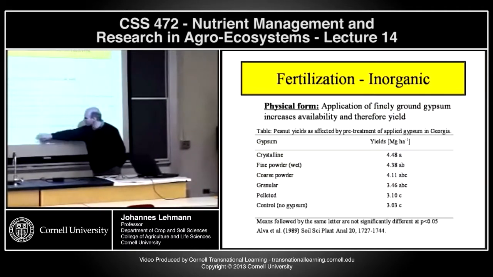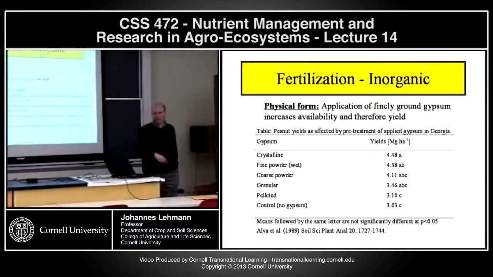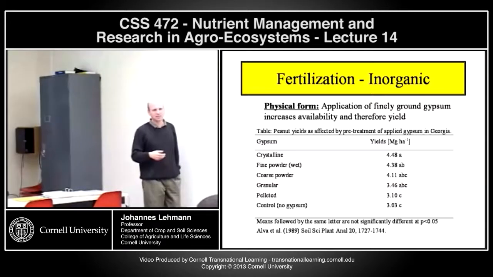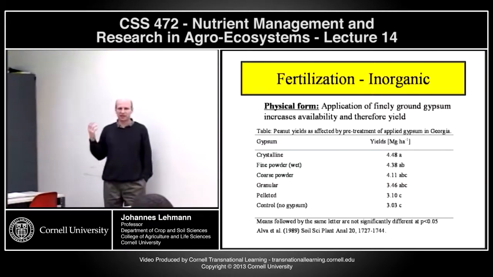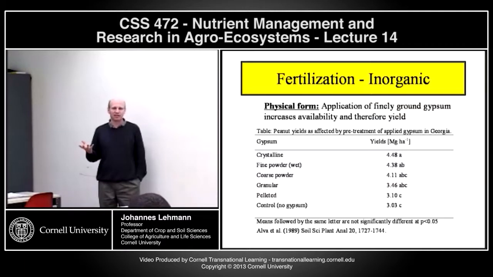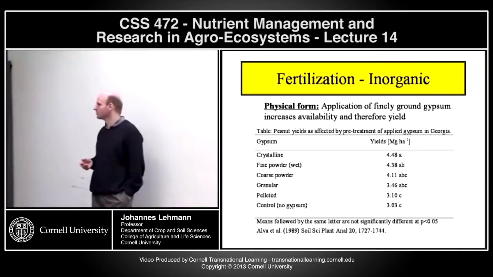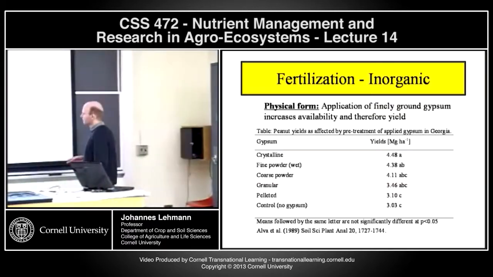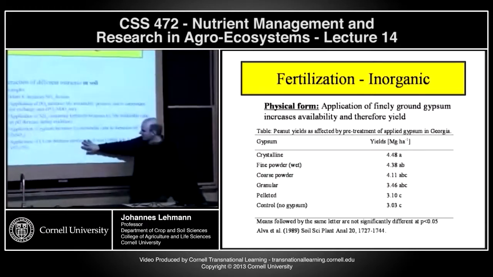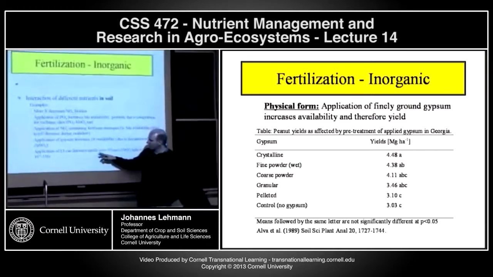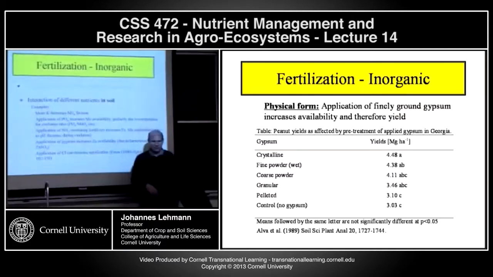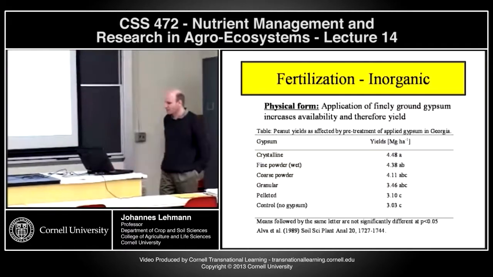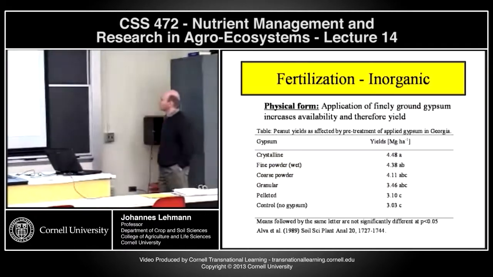For instance, the application of chloride can decrease the nitrification, and that, of course, can lead to lower leaching losses. That's a possibility because we know that nitrate is very mobile in soil, so we have a very rapid leaching of nitrates. If we can decrease nitrification, that might decrease also leaching losses and lead to a higher nitrate availability and nitrogen availability. So there are a multitude of different ways how that can happen. Here, for instance, the example for the chloride applications,